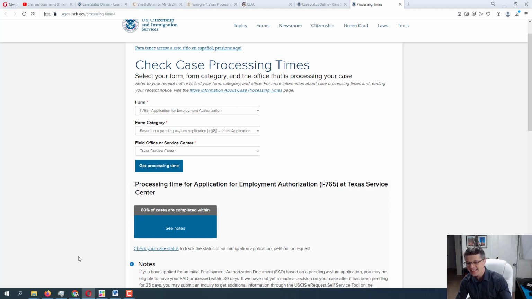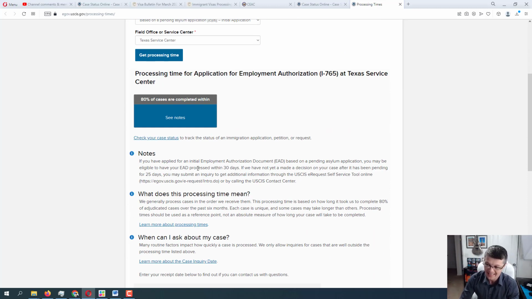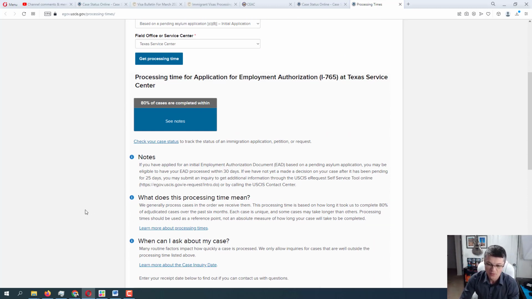But in that case, I would recommend changing the case inquiry and filing it not based on the Employment Authorization Document, but based on the actual pending asylum. And in the notes, put that you're still pending for the Employment Authorization Document, and it has been more than 30 days.